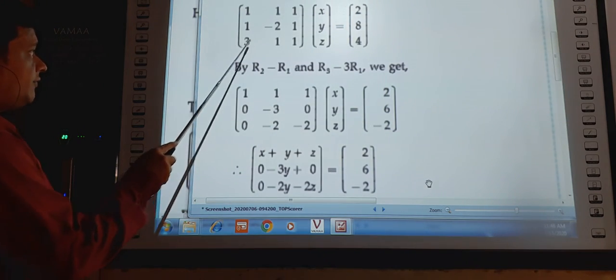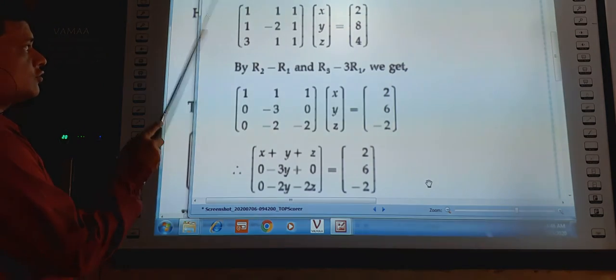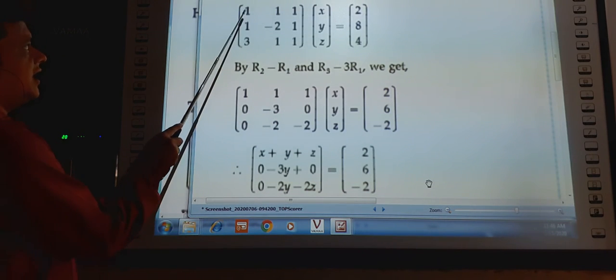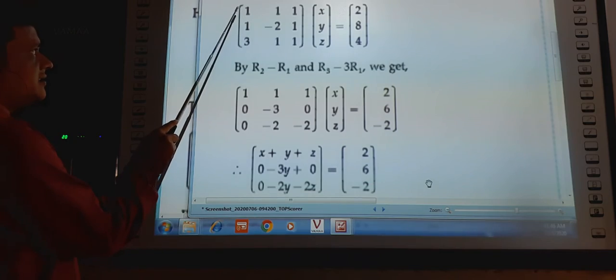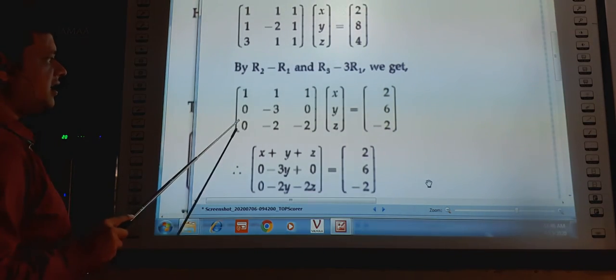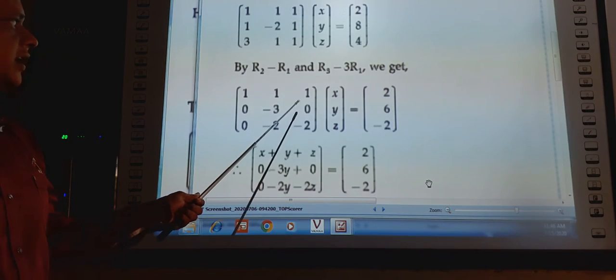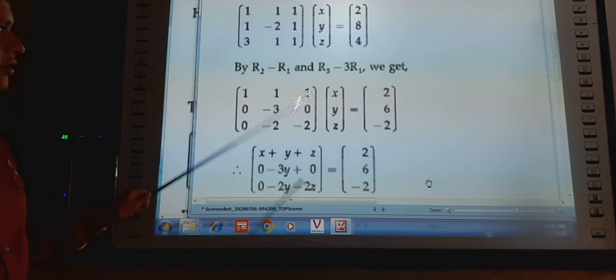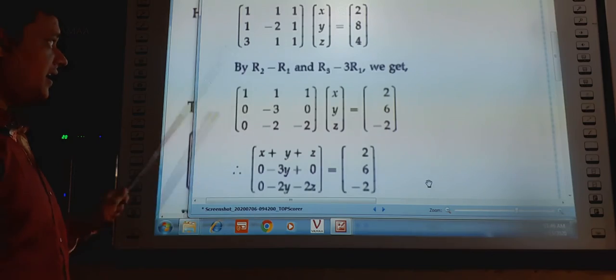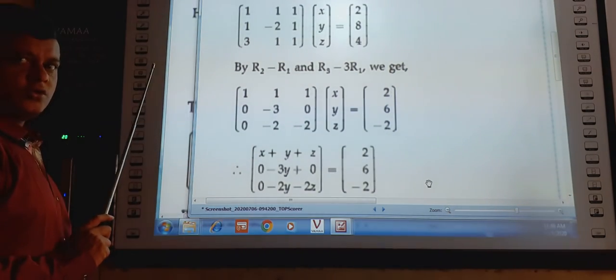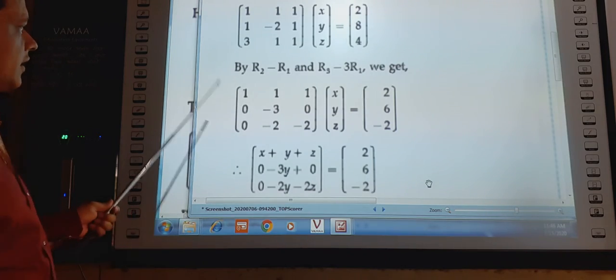Now instead of this 3 we require 0. So for that, R3 minus 3 times R1, R3 is 3, R1 is 1. So 3 minus 3 into 1 is 3, 3 minus 3 is 0. While applying this elementary transformation we get 0 here. So there is no need to apply an additional elementary transformation to reduce this -2 to 0. Now write this